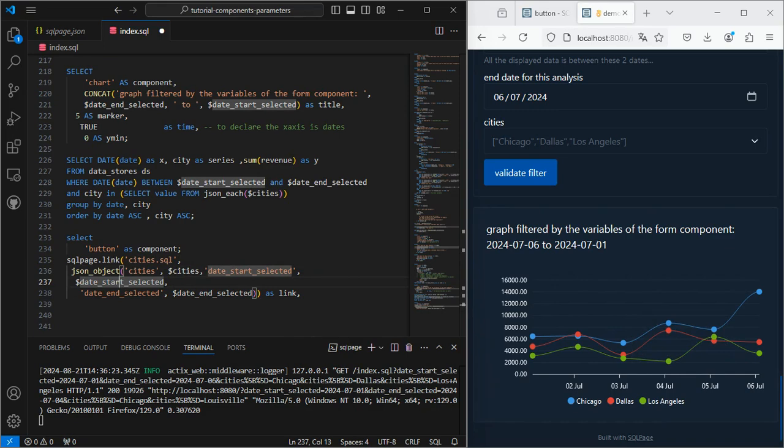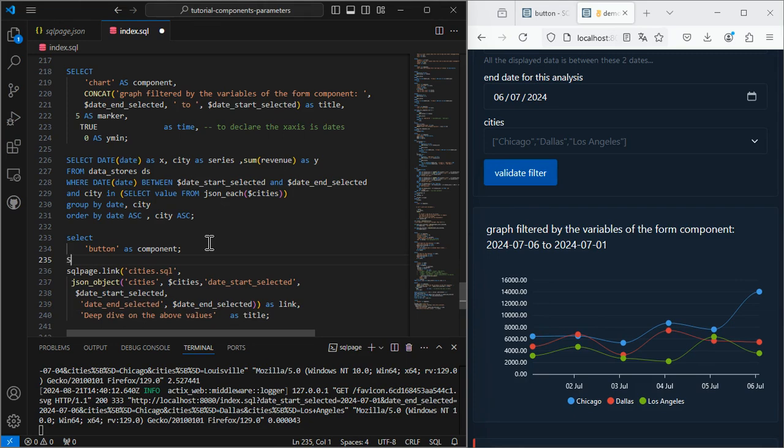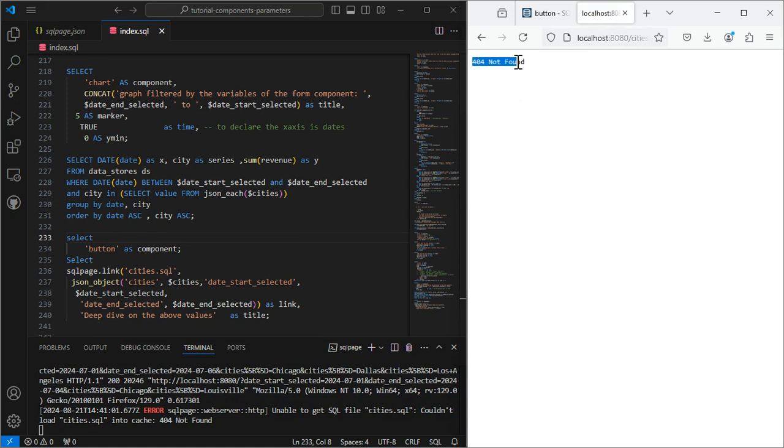And I'm going to give a title to the button. Here is the button. We didn't code the page yet, so let's do it.